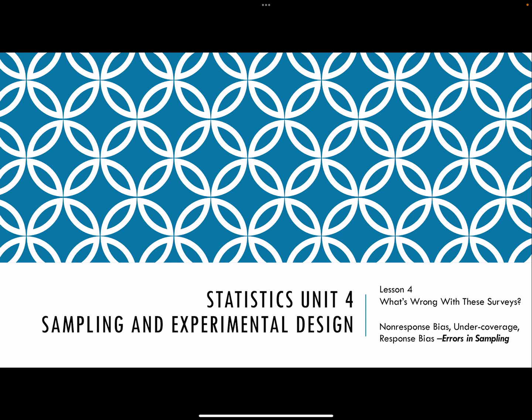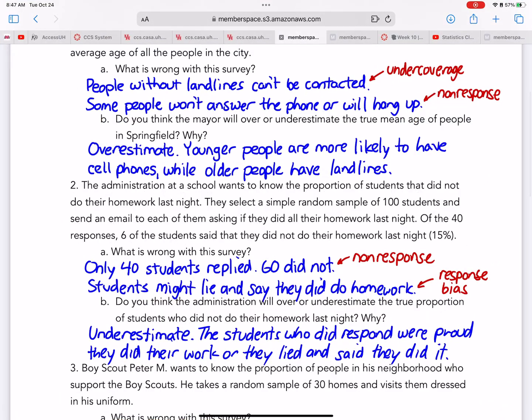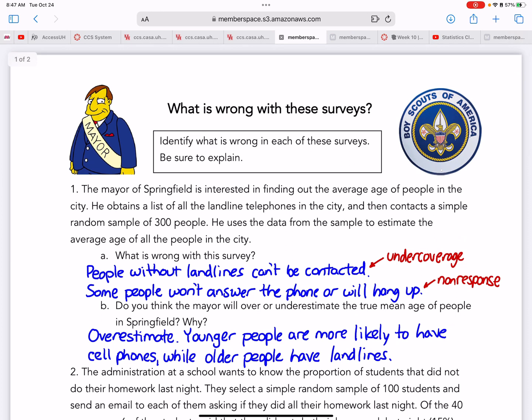Today we're going to be talking about non-response bias, undercoverage, and response bias. These are errors in sampling, and they're due to the person giving the sample doing something incorrect, which causes the results to be biased. Okay, so the lesson today is called What's Wrong with These Surveys, and we're going to look at the different